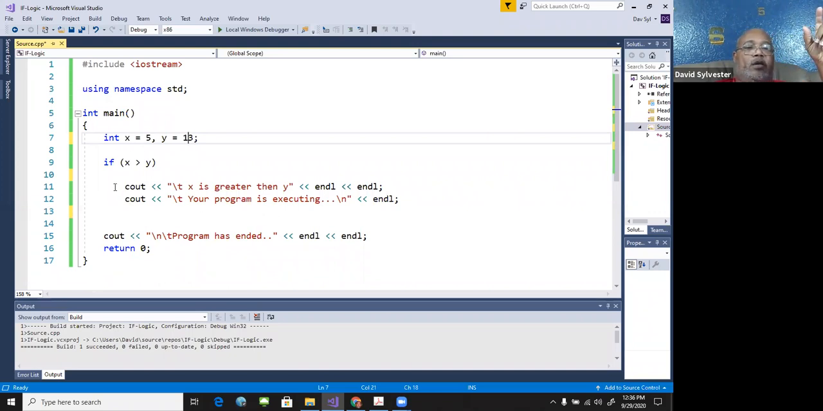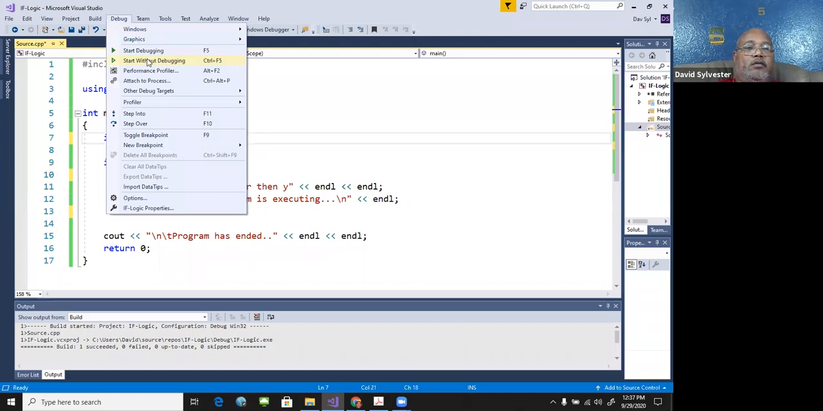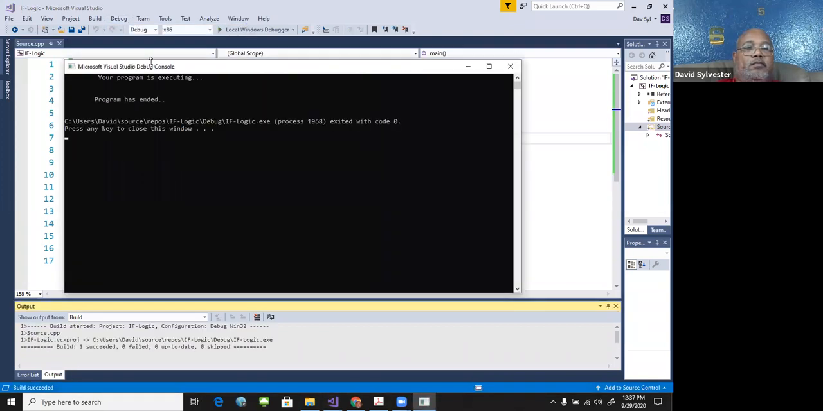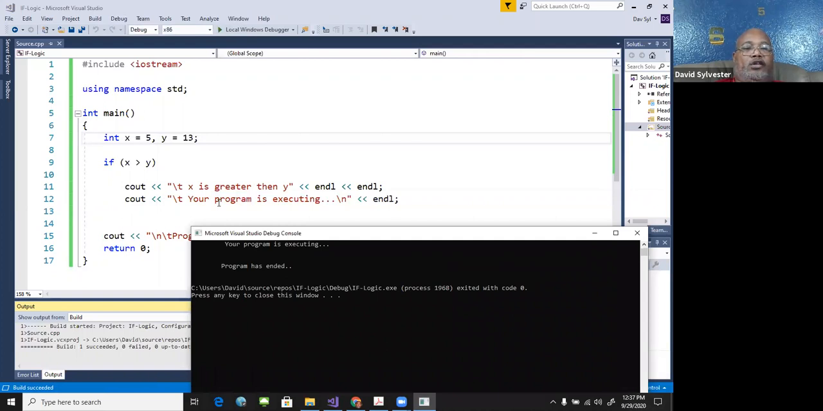What happens here, it asks if X is greater than Y, which is false. It's going to associate this statement with this if, right? So if this is false, well, this is the true statement for this. So when this yields false, it's going to skip the very next statement, and it's going to print out your program is executing and program has ended. So let's run it and see. See what I'm saying? Your program is executing is being displayed because I took the curly braces off